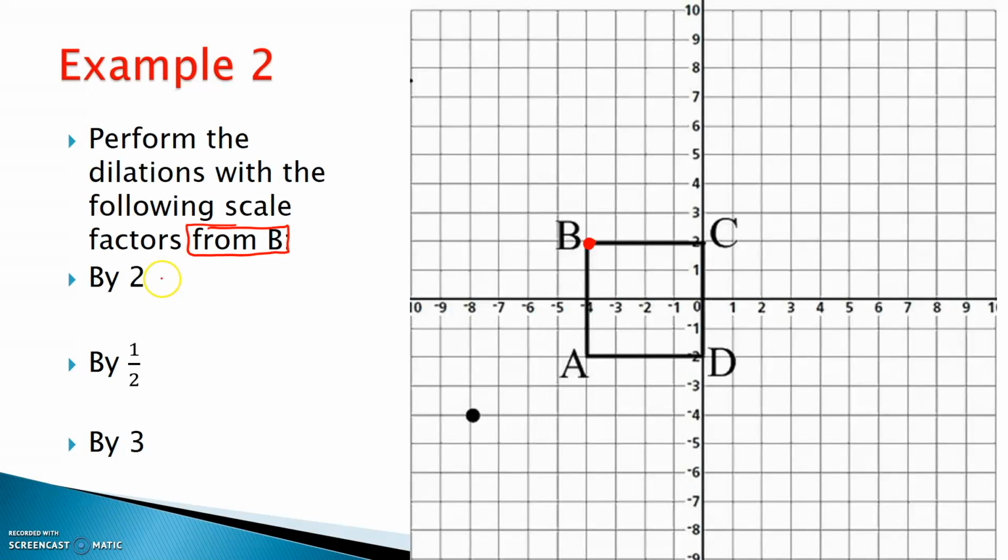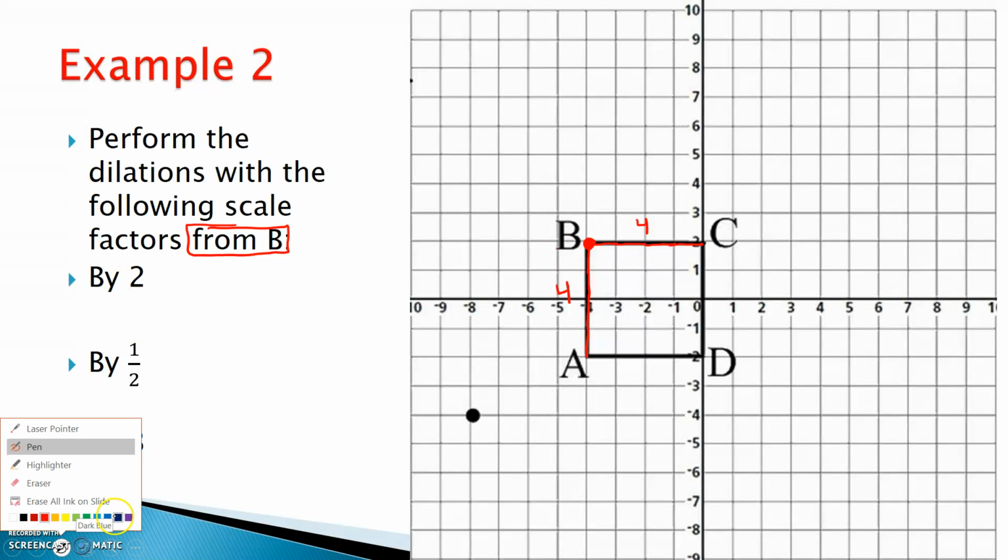It says perform dilation by a factor of 2. Well, I know that is an enlargement, because it's greater than 1. So let's do the same thing, but here's the way that it's going to work. If you notice, this was a distance of 4 here, 1, 2, 3, 4. And going down, it's a distance of 4 also. So when I apply the scale factor of 2, it's all in relationship. It's all going to stay anchored